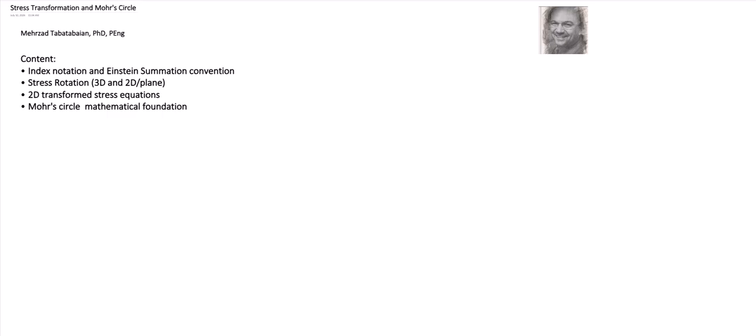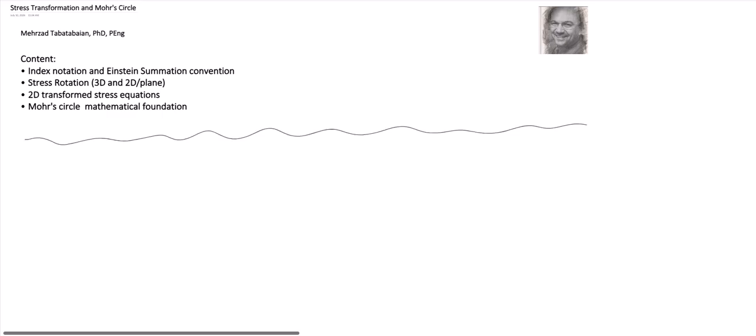Okay, so let's start with the index notation. If you have seen my other videos on Beam, I have discussed this index notation, but I would give it a quick review and a refresher here. So if you have a quantity like a vector, let's say A, for example, we give it a subscript index I, and in 3D,